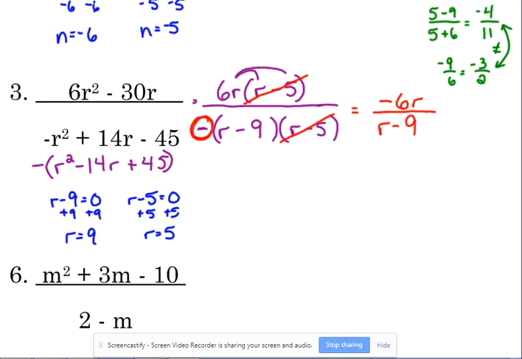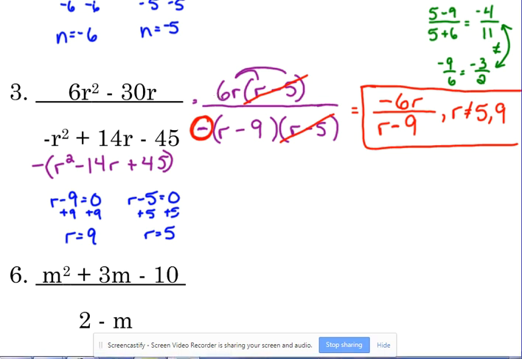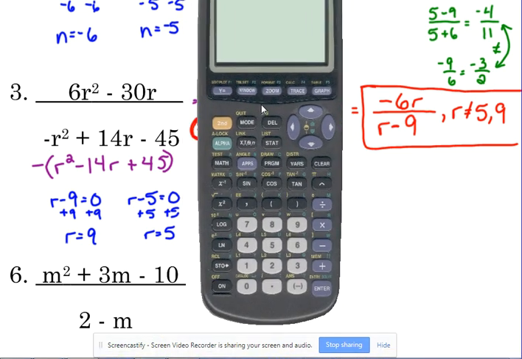So I want to show you that because a lot of times multiple choice answer choices on the answer key here in a minute, they're going to move that negative, okay? And r cannot equal 5 and 9. Okay? So one more time, I'm going to show you again